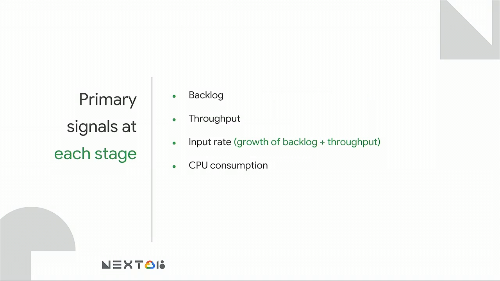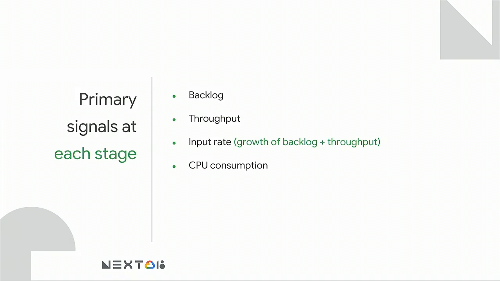The second one is throughput. How fast am I currently processing the data? Maybe I'm currently processing the data at 10,000 QPS, 100,000 QPS, or 1,000,000 QPS. But then we have to contrast that with the actual input rate. So the input rate is how fast the data is actually showing up at my pipeline. So if I'm processing data at 1,000,000 QPS and my input rate is 1.2 million QPS, clearly I'm not processing